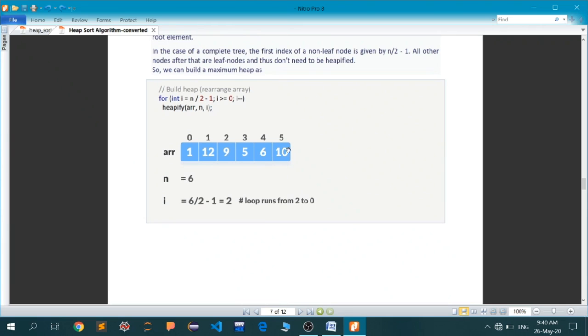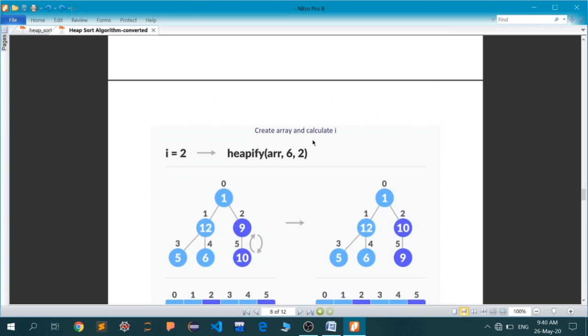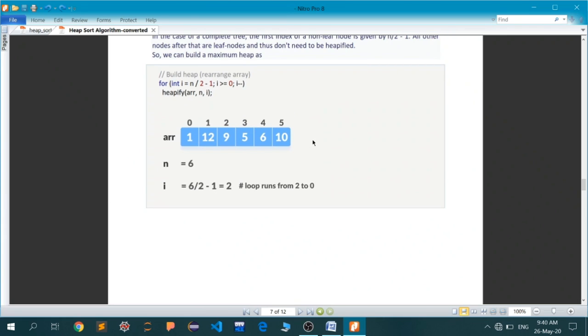So this is the array that we are provided with. I have just shown you this array in the form of a complete binary tree. Let me again remind you that the heapify function can be applied to a complete binary tree only. Now we'll start a for loop, and this for loop will start from the last node after which all the nodes are leaf, given by n/2 - 1, and go until we reach the root node.